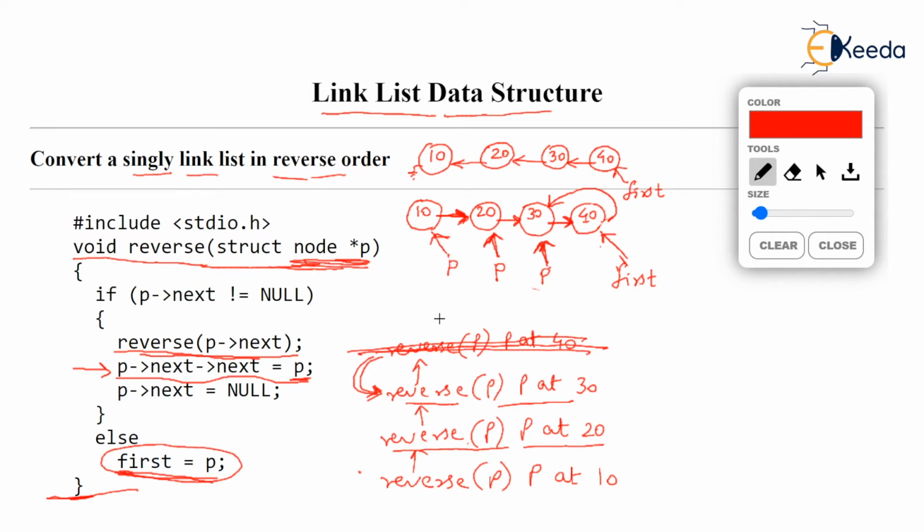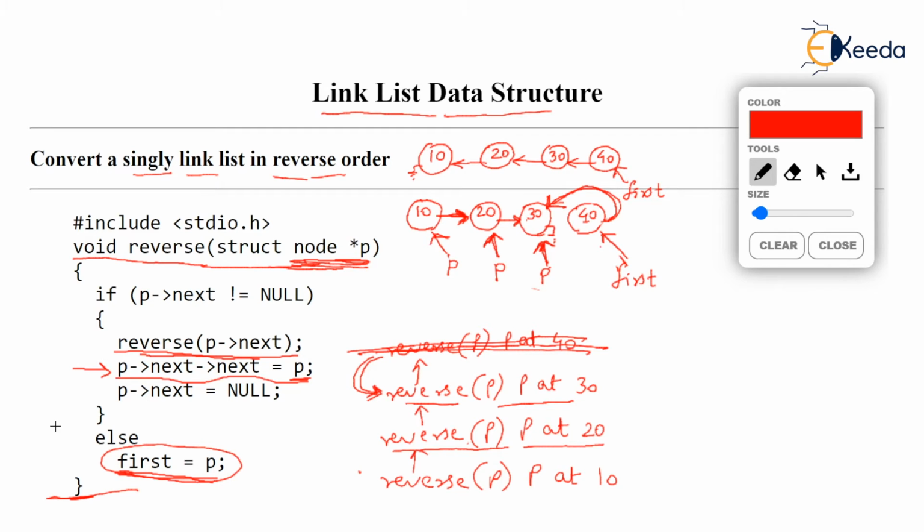Great. Now the next line in the function, P arrow next equal to null. Observe the next line. What is P arrow next here? P arrow next is 30's next because we are in this function. So P arrow next will become null. What it means is P arrow next was pointing at 40. It will not point at 40 now, but P arrow next, that is 30's next, will become null. You can see that we have broken the association between 30 and 40, but now the association is between 40 and 30, isn't it? So 30's next, P arrow next, has become null.